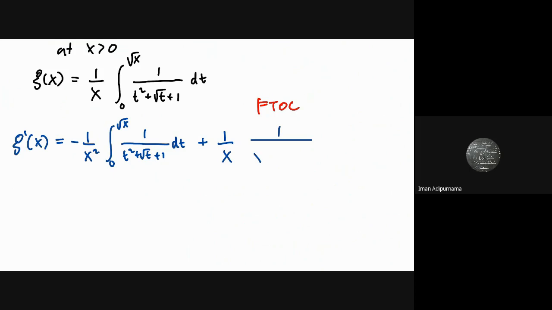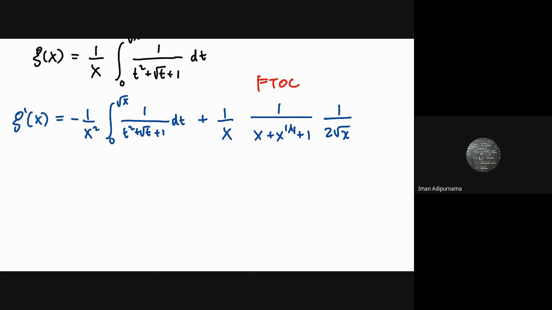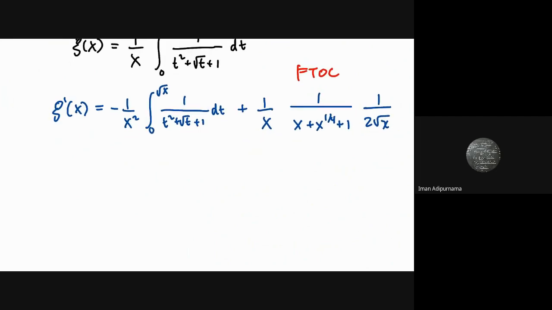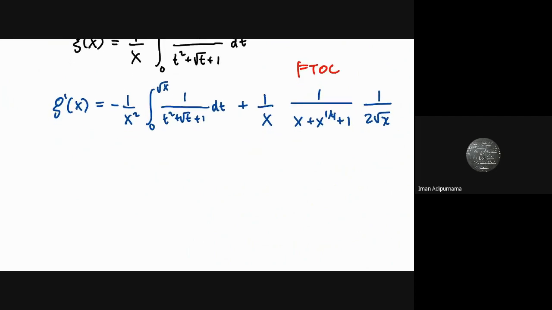This is x plus x 1 over 4 plus 1. And then when we take the limit of this as x approaching 1 of g prime x, then this will be,